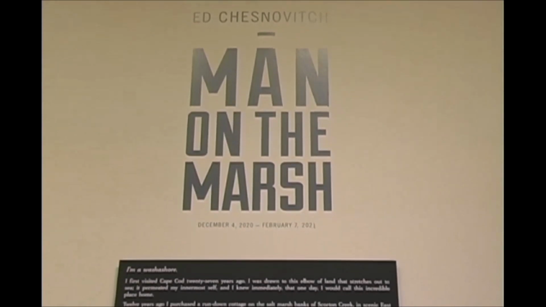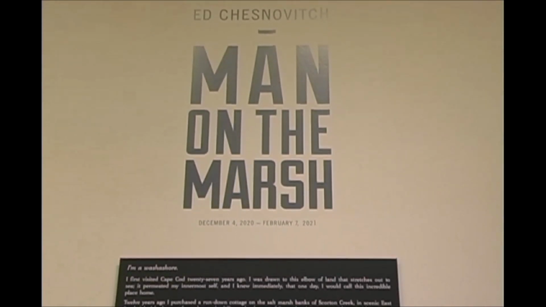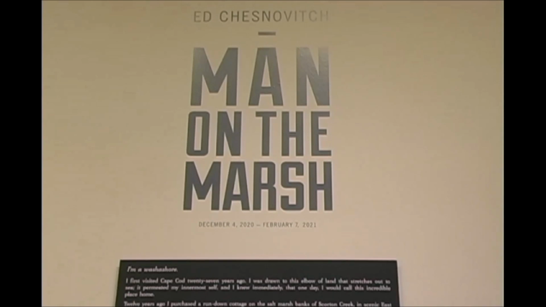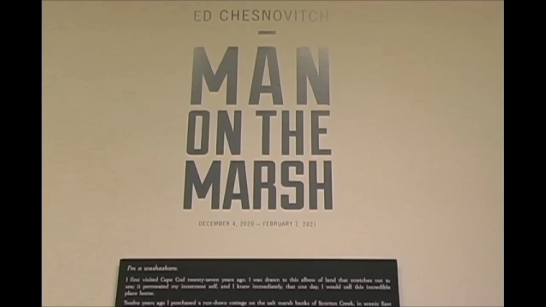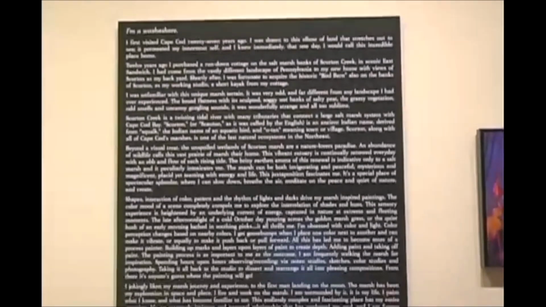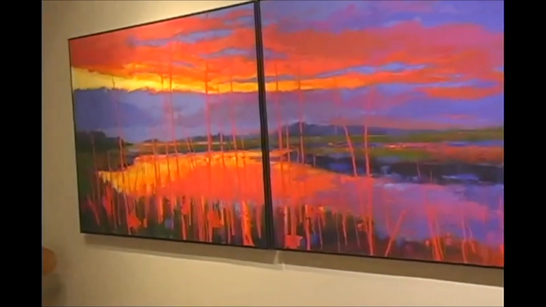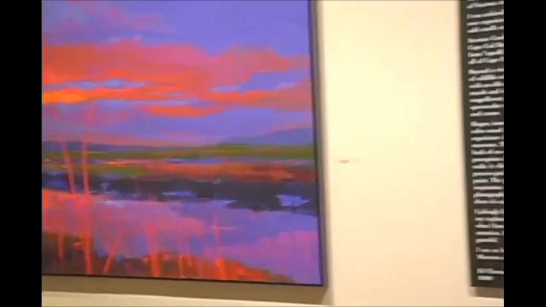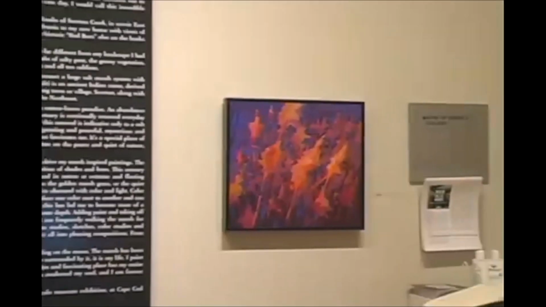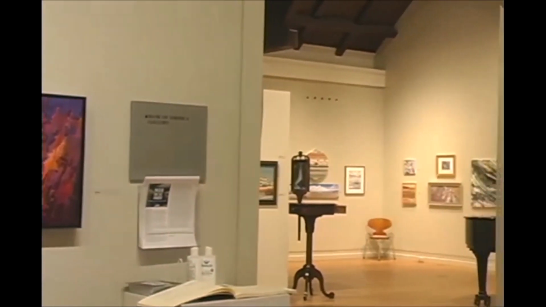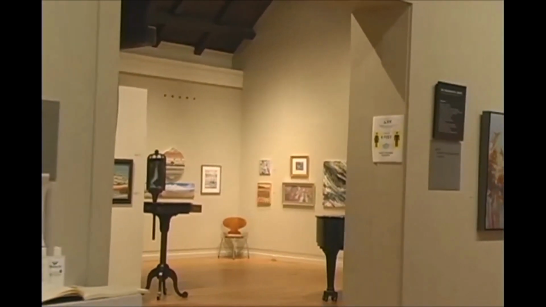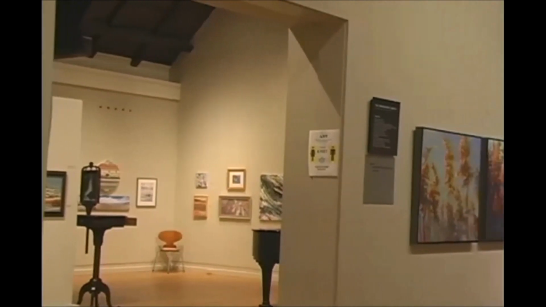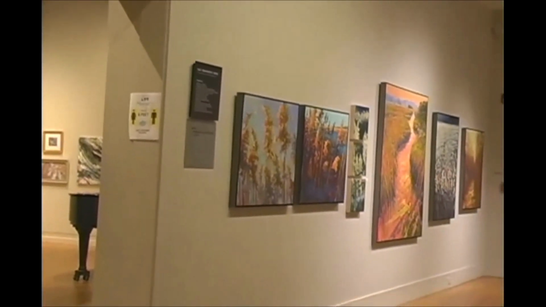Man on the Marsh is a visual documentary of one artist's unique journey of living and working on a Cape Cod salt marsh, and how it has influenced his life and art. Chesnovitch fills his mostly large-scale landscape paintings with bold, saturated color,